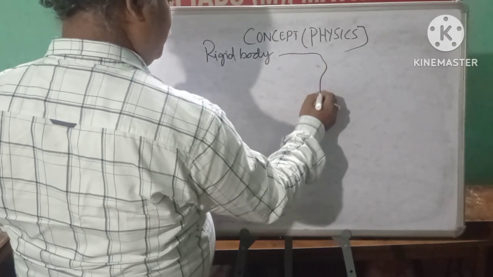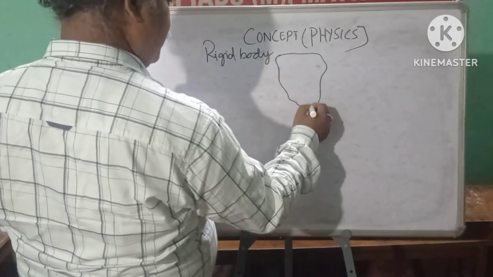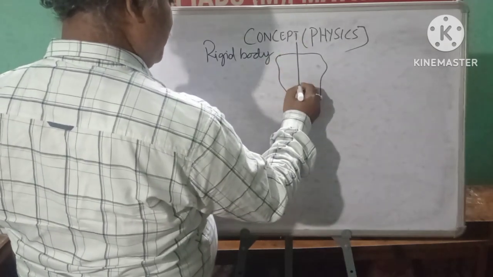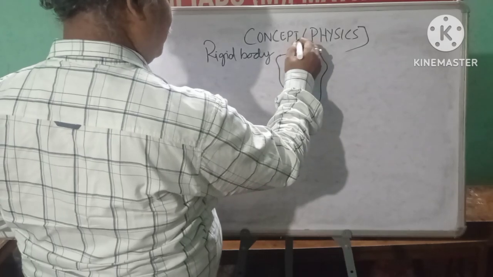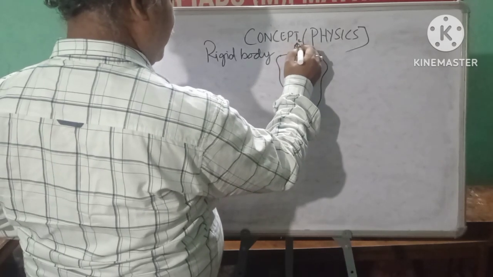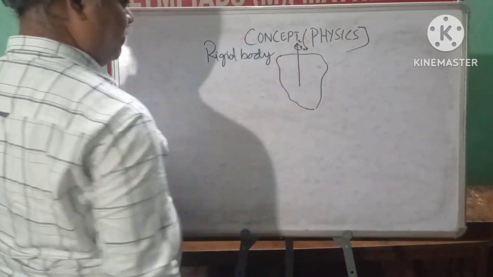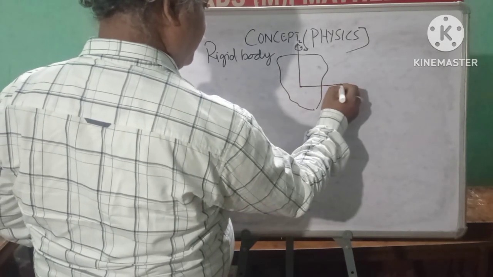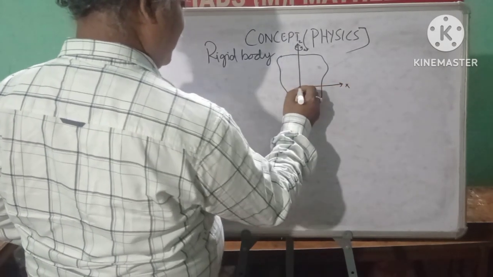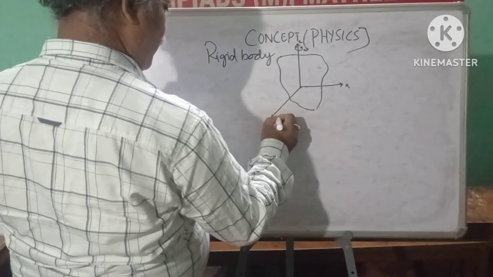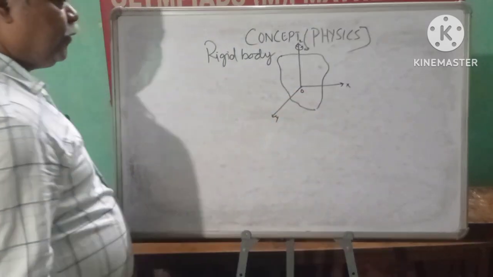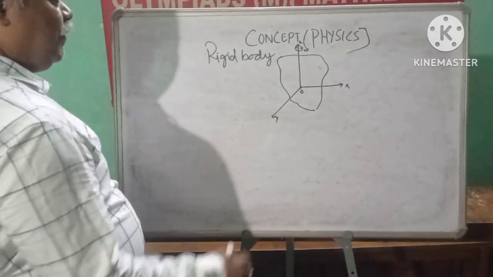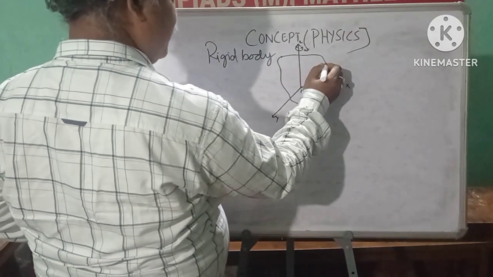Say this is a rigid body, some rigid body, and it is rotating about z axis. This is the origin. So this is your x axis and this is your y axis. Now we consider point P here, and